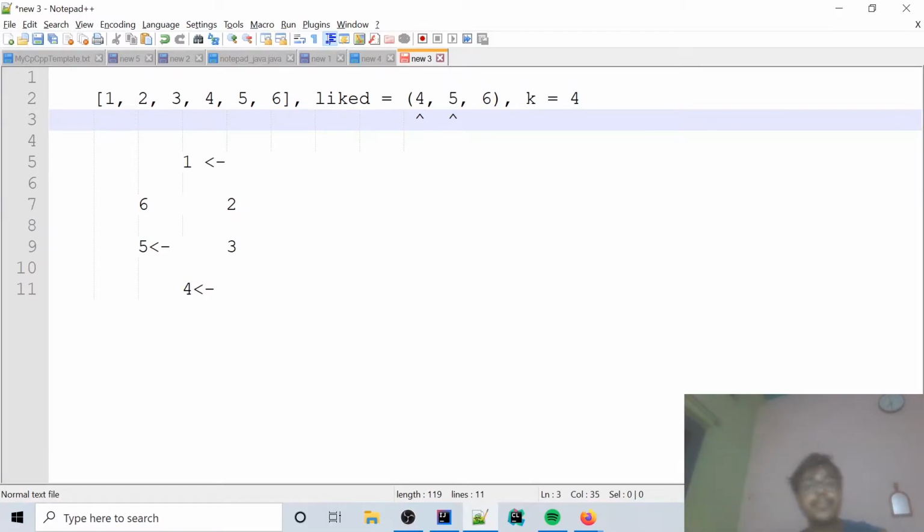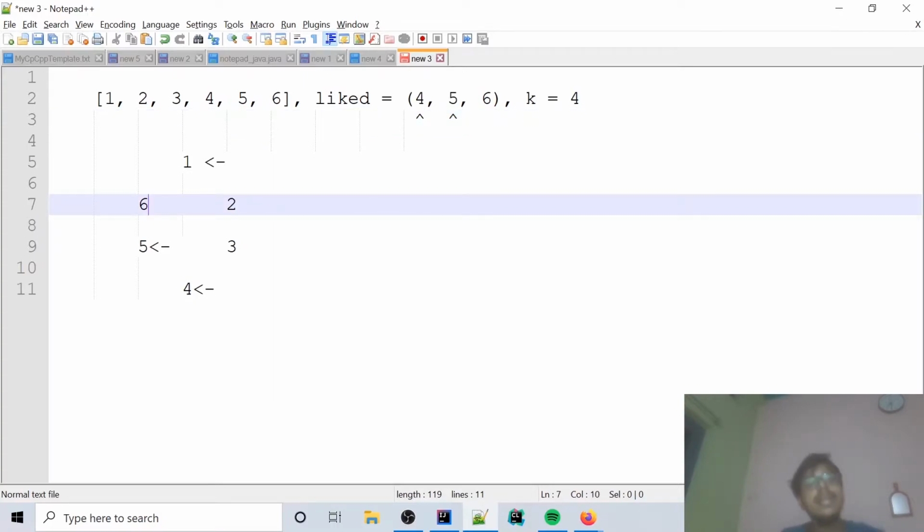Now still we are left with one liked sweet. So after 4 has been eaten, it will start counting from the next sweet that is present on the table. So it is not 5 because 5 has already been eaten, so it is 6. So from 6 we will again count k. So k is basically 4. So it will go like